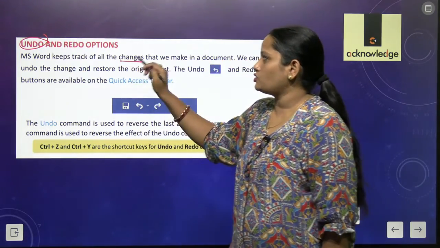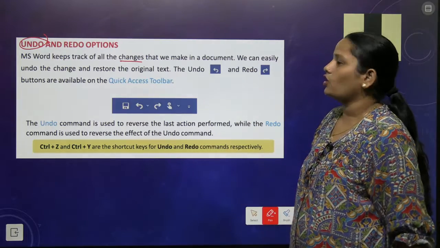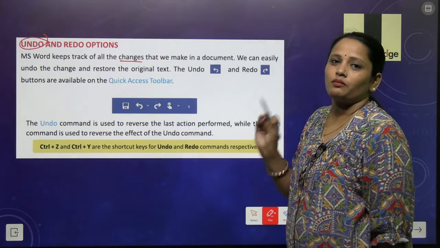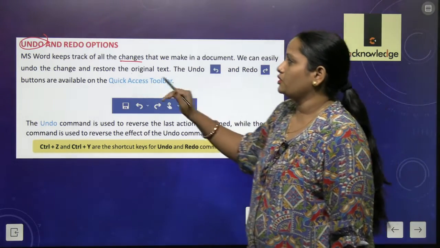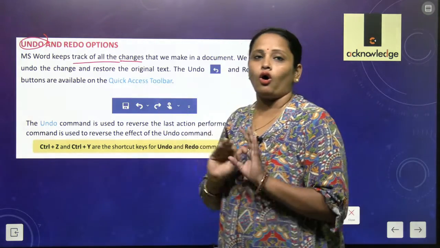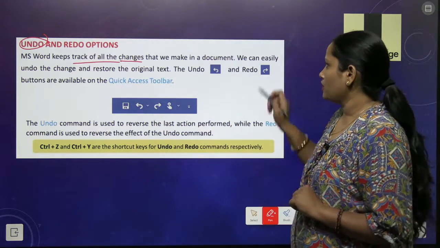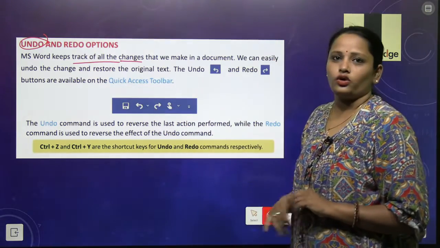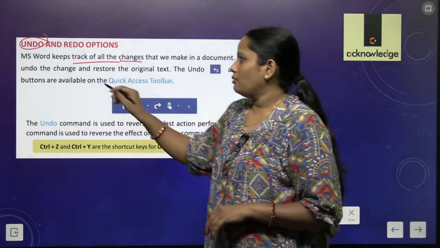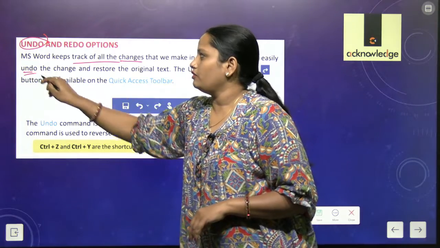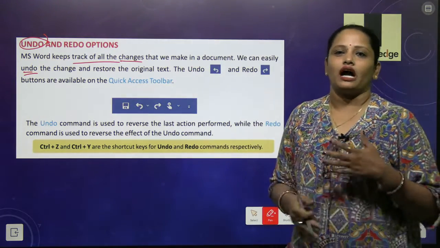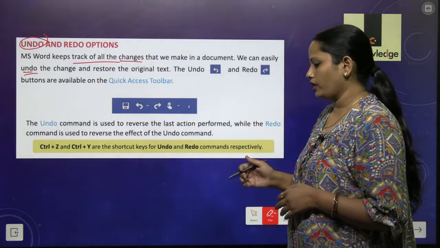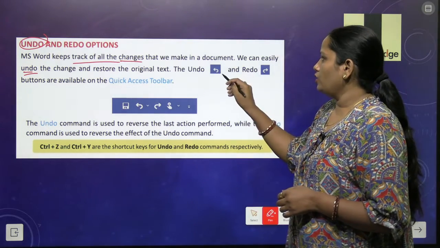MS Word keeps track of all the changes that we make in the document. So whatever changes we are making in a document, MS Word keeps track of all those things. We can easily undo the change and restore the original document. So by using this undo command, we can restore whatever we have deleted. Okay. So the undo button is this,